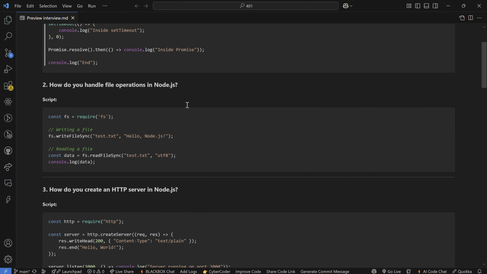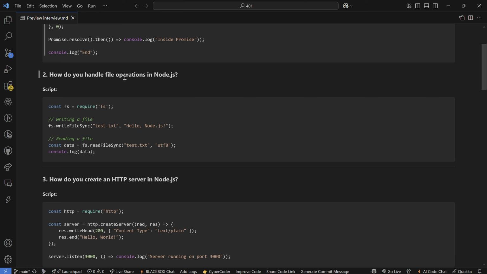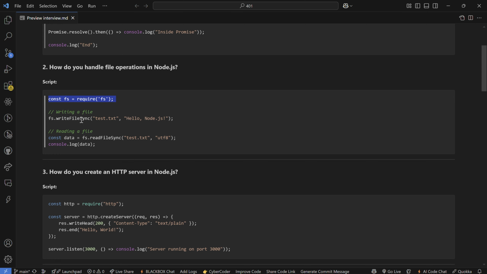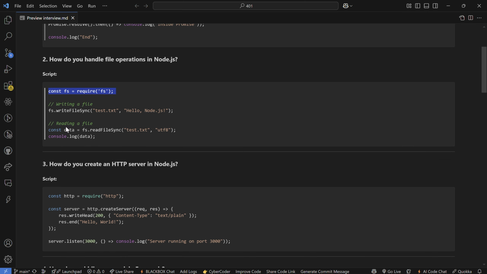And second, how do you handle file input operations in Node.js? In Node.js, the built-in module like fs allows us to perform file operations such as reading, writing, and deleting files. We can use either synchronous or asynchronous methods. If we see this code, this is the line in which we import the fs module, and to write a file we use writeFileSync. It is a synchronous operation, and to read a file, fs.readFile,